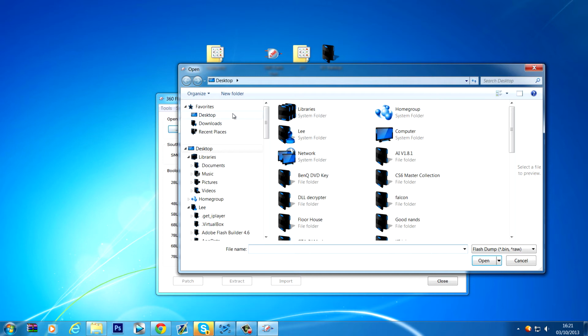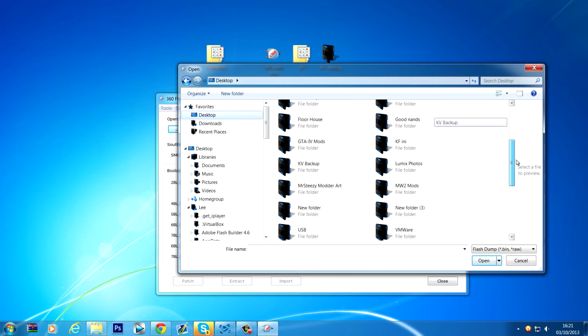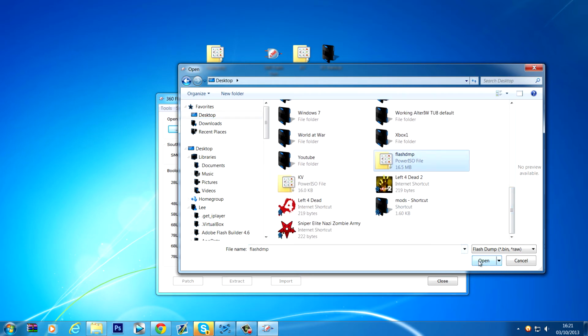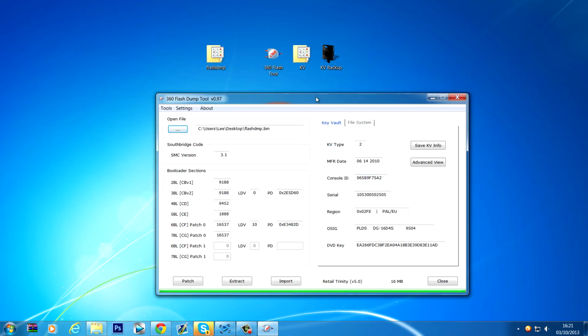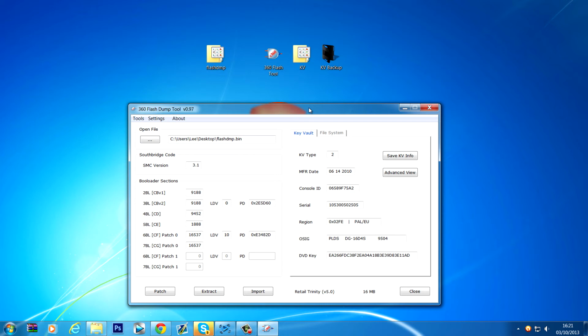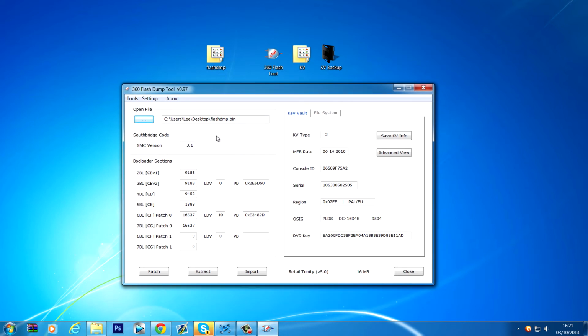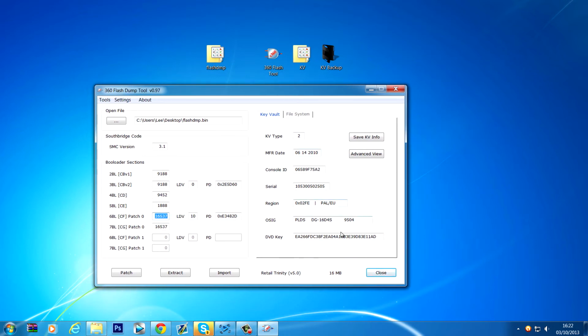So open file, open the flash dump file that you backed up with Flash 360, and it opens up your flash dump file and gives you a bunch of information. Tells you what dash kernel you're on over here, and it's got your KV info here. Now here's the current info,